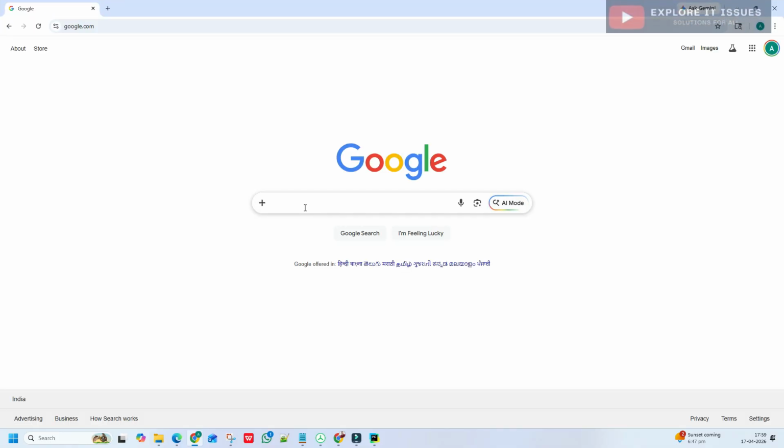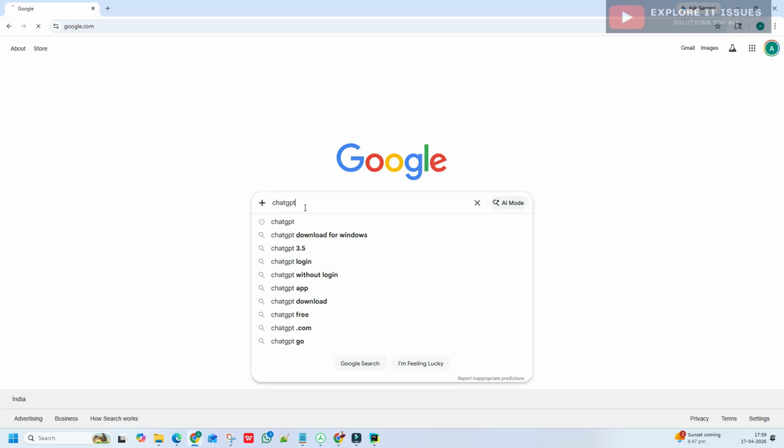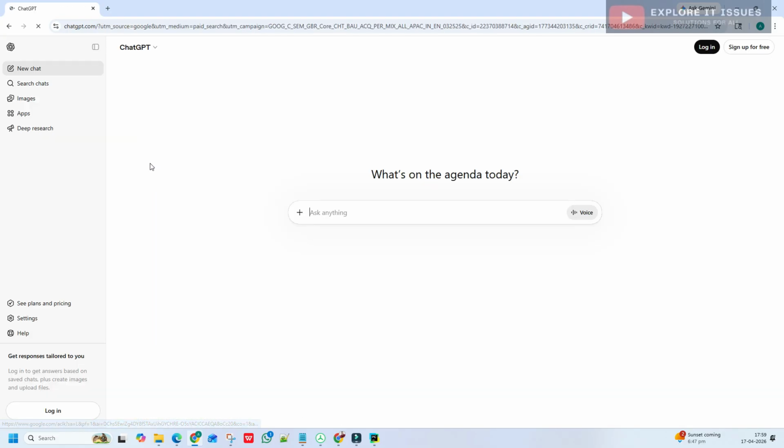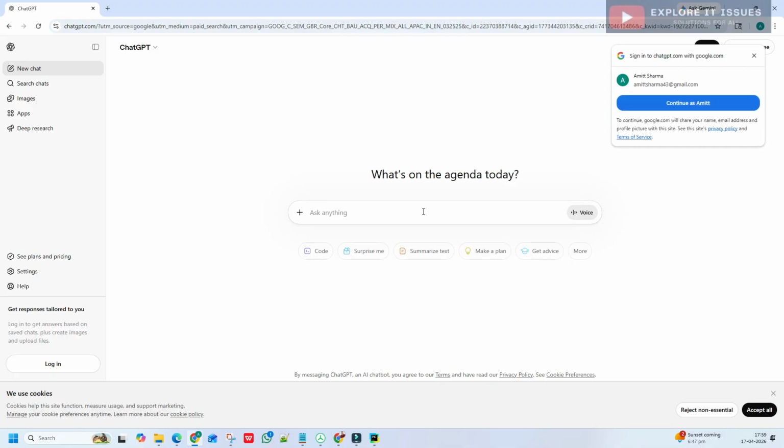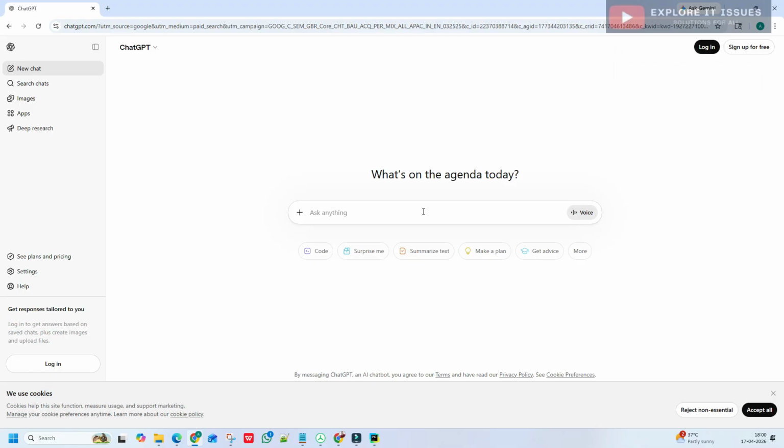Okay, so go to ChatGPT, open it, then you can type here: provide how to configure or create a script for auto backup of Cisco switches and routers.